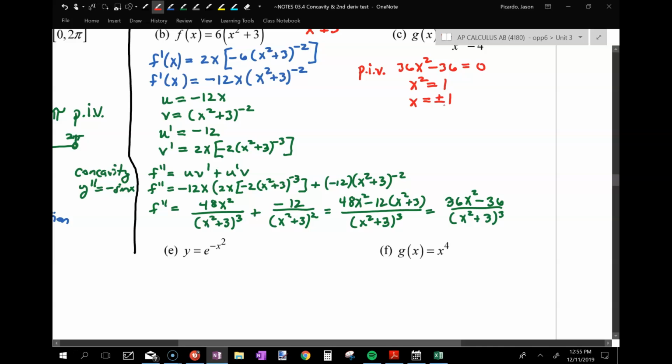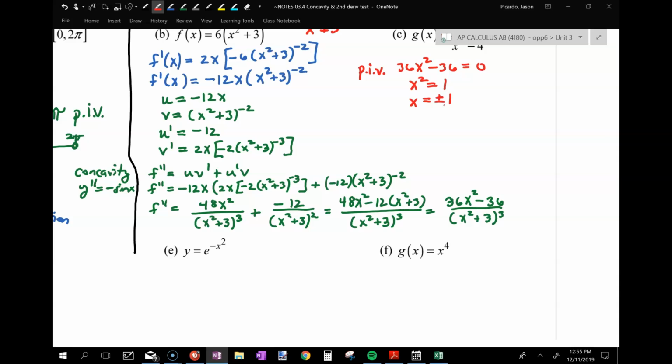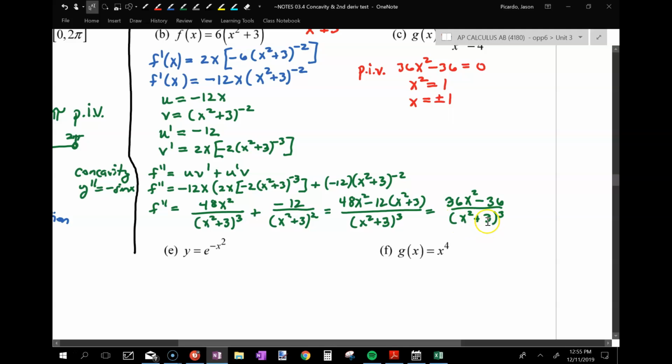All I did is add 36 and take the square root, right? Now, if x squared plus 3 is guaranteed to be positive, then x squared plus 3 cubed is also guaranteed to be positive, right? So is there ever going to be a value where this derivative doesn't exist? No. So the only thing that matters now are these two inflection values,